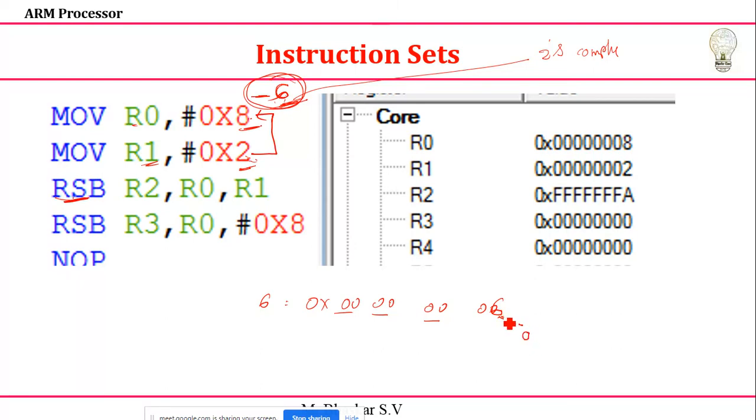What is the binary value of 6? 0110. Remaining, you just fill the values, the 4 4 zeros. Later, you need to take the 1's complement form. It becomes 1001. Next, you need to take the 2's complement form, plus 1. So I'll get the result: 1 plus 1 is 0, next 1 0 1 followed by it. So if you take the 1's complement, the zeros become 1 1 1 1. If you want, you can verify that. Everything will be 1 1 1 1. Later when you add, you'll also get 1 1 1 1. So 1 0 1 0. What is 1010? A only, right? So the remaining thing is FF. Remaining all it is FF. That is the result you are getting.